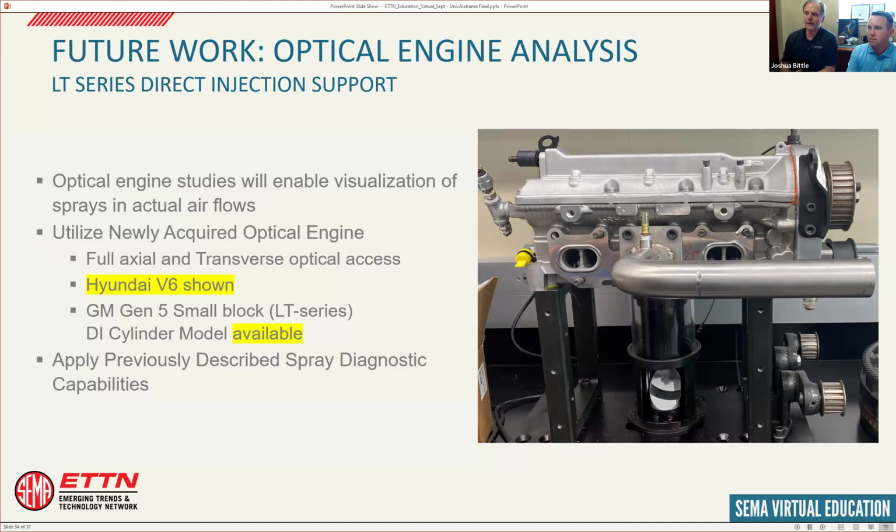So at the bottom of that opening there, you see the white reflection of the mirror. And if you're looking at the right angle, you actually look up at the combustion chamber there. And then as the piston goes down, the cylinder being clear, we can also see the entire cylinder flow field. And then that Bowditch piston sits on a regular piston run by a crankcase